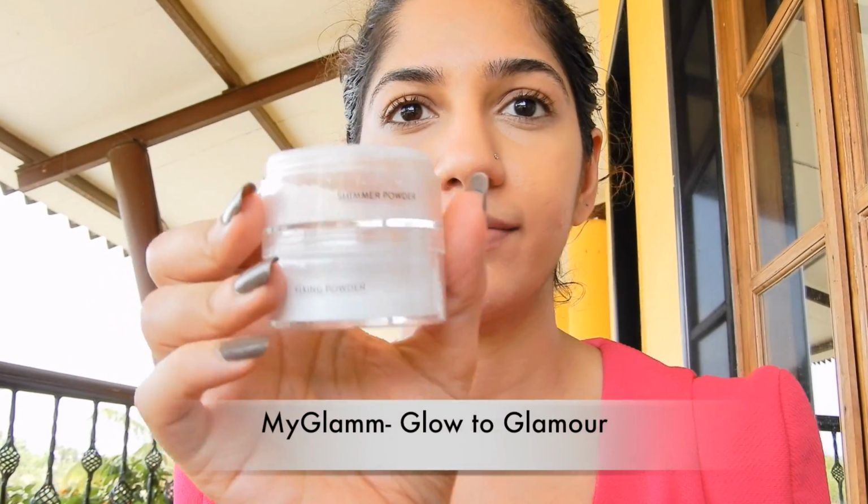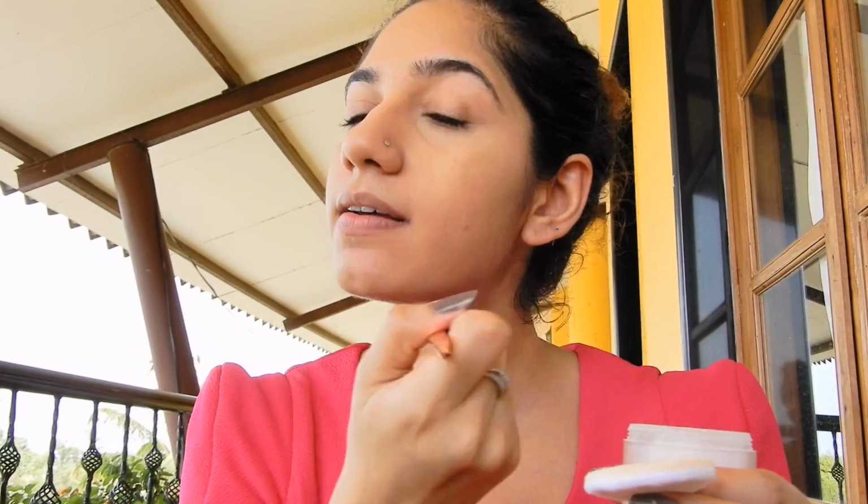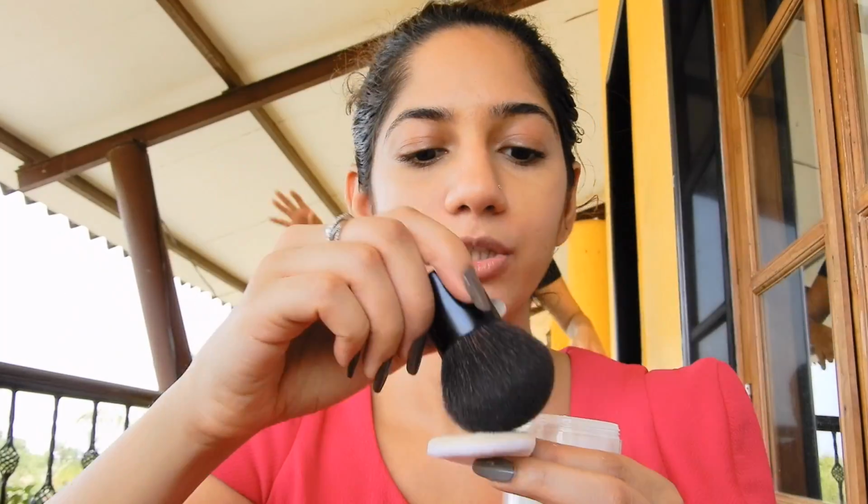Since it's going to be all about the glow, you're going to be seeing me use a lot of shimmer products. Here I'm just starting off with the shimmer powder, which is very fine shimmer particles, so I'm putting that